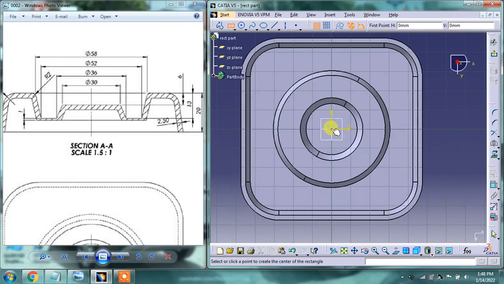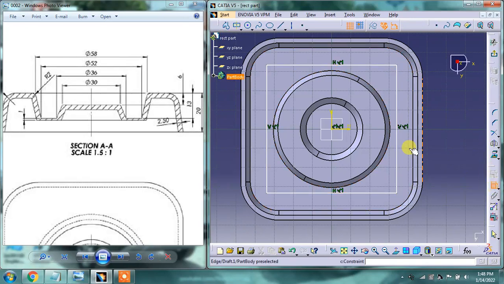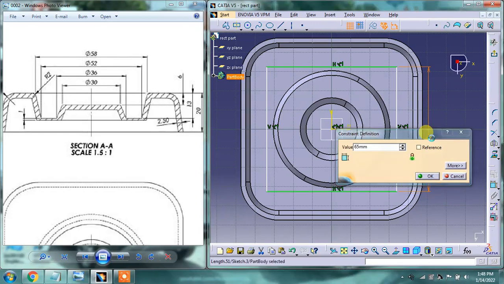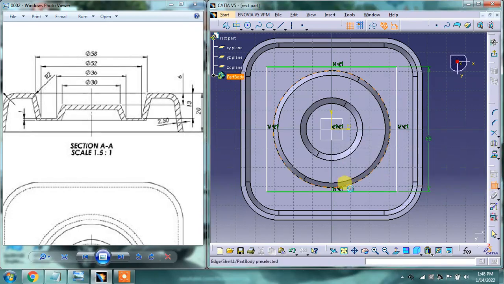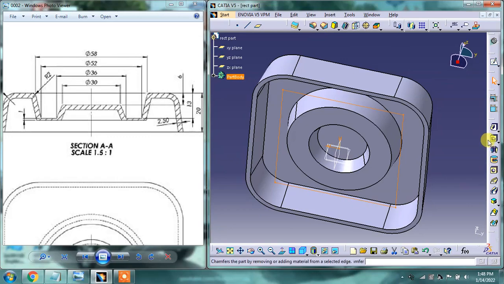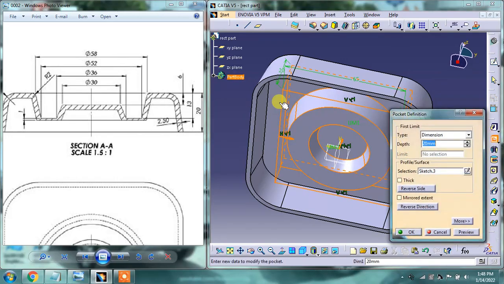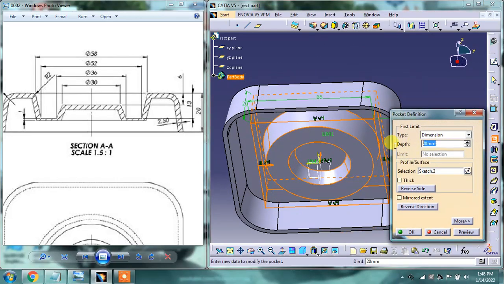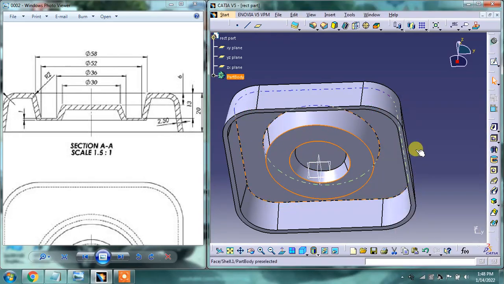I am taking a center rectangle which can cover it completely, and now assign it some dimensions, 65 and also 65, and exit the workbench. Choose pocket, upper side dimension should be 1 mm.